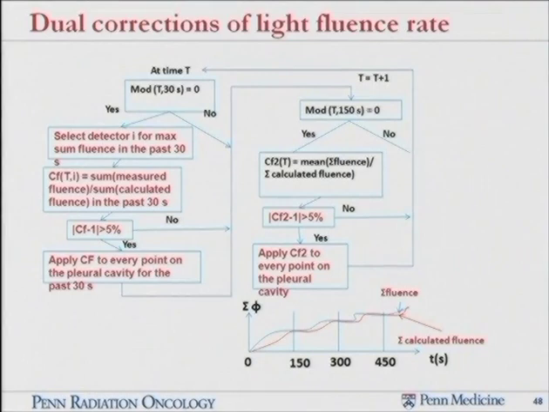We measure the instantaneous fluence rate. If the difference, we call that correction factor, is more than 5%, we apply the correction. If the difference is less than 5%, we let it go, and don't apply the correction. And then we find we actually have to do a second type of cumulative correction. The second correction is a little longer time than the first. First, the 30-second correction; the second is every 150 seconds, where we look at the cumulative fluence up to that time. Here, every 30 seconds, we look at within that 30 seconds. Here, we look at the cumulative over the entire treatment up to that time. We match them under that condition. And this is applied to